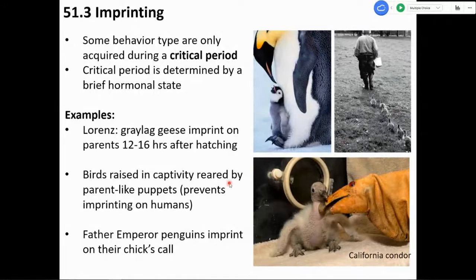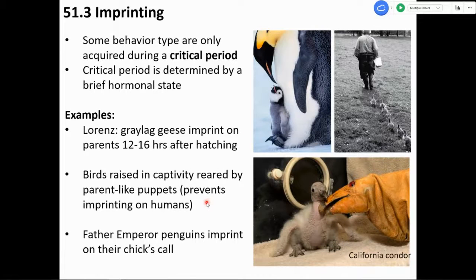Imprinting can also be important in terms of conservation biology. Does smell affect bird imprinting, or is it just what they see? Don't know. I'm not quite sure about the smell issue. I know that smell is important in many animals, perhaps for parent recognition. I'm not sure.